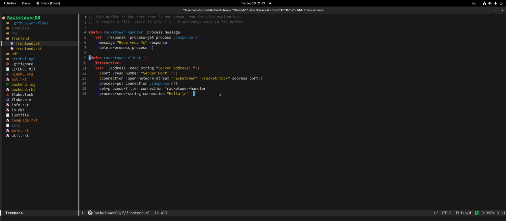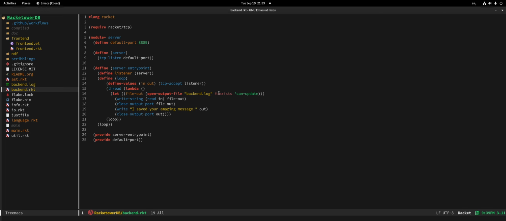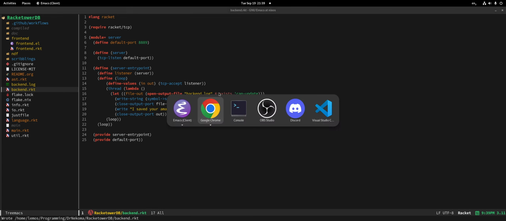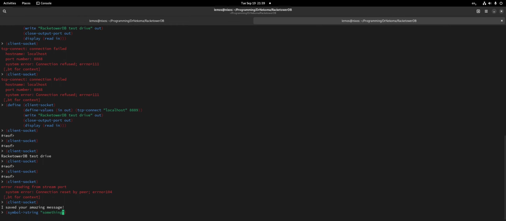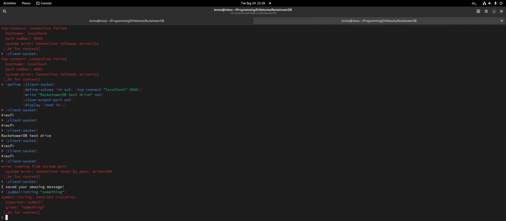So we want to go to the backend and we want to pick this and actually convert that from symbol to string. The problem is, man, what the heck happens if you send a string to that? So if I do symbol, string something. Oh, we're gonna know if it fails. Oh yeah. Okay, so